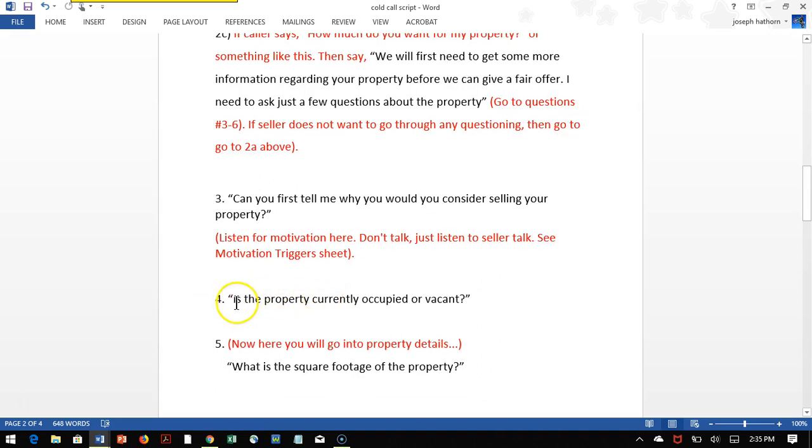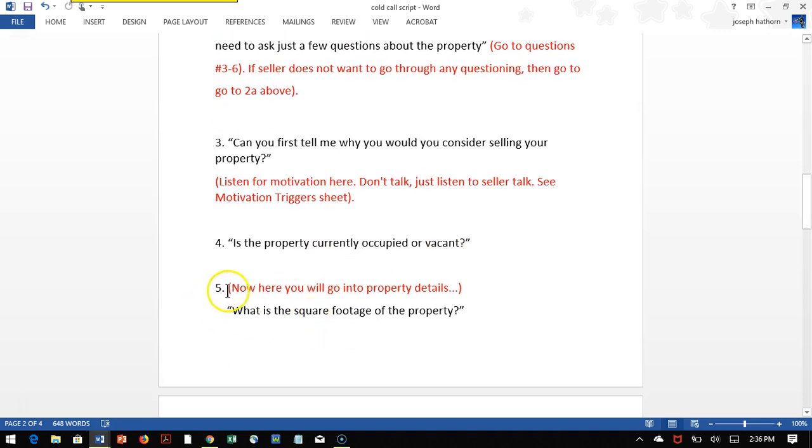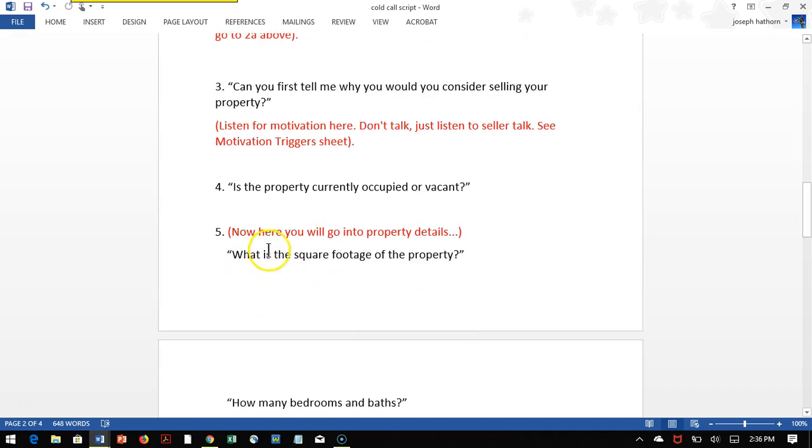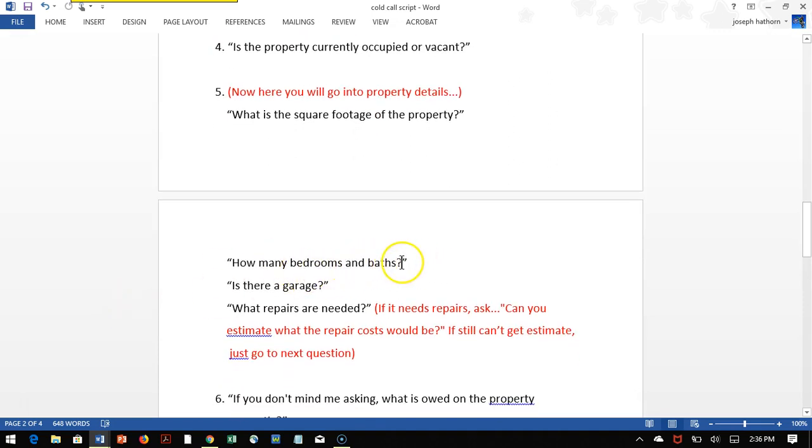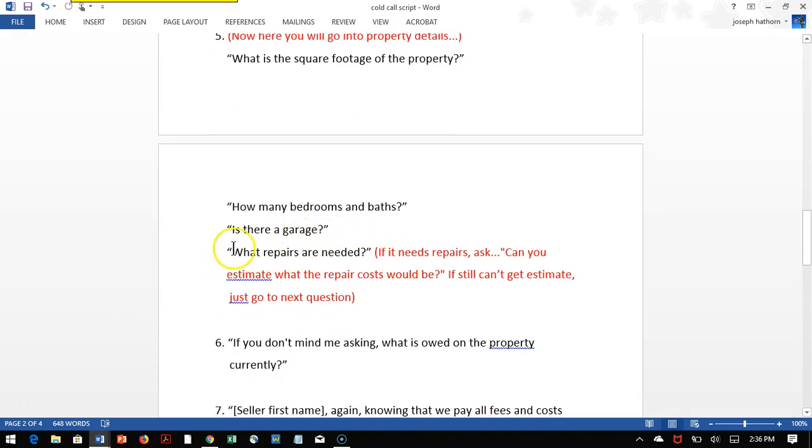Okay, number 4, is the property currently occupied or vacant? Okay, we need to know that. Number 5. Now number 5 is where you're going to go more into property detail. So questions like, what is the square footage of the property? How many bedrooms and baths? Is there a garage? This is a very important one. What repairs are needed? Because this is very important, because this is going to determine how much we offer on